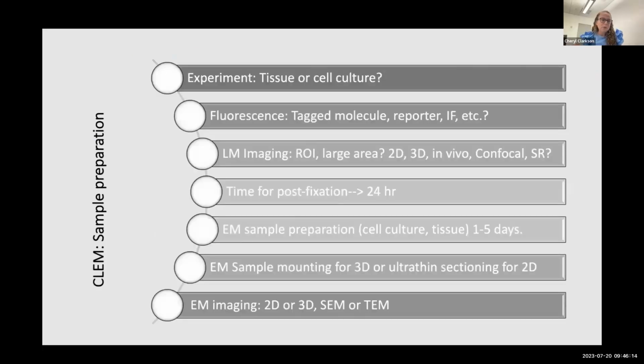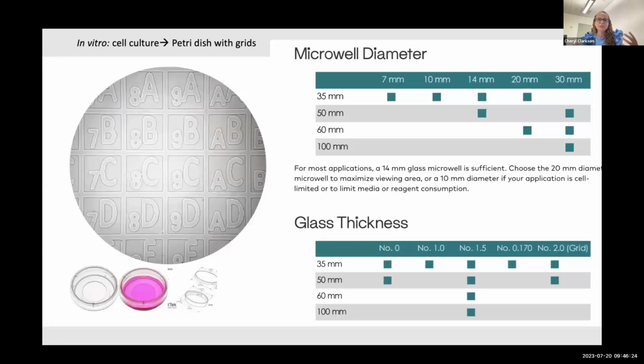So we are going to start with the sample preparation for CLEM, and the first thing is to plan your experiment. It's going to be a tissue or it's going to be a cell culture. This is very important because if it's going to be a cell culture, you have to plan before starting experiments that it's better to use, as you can see here on the left,